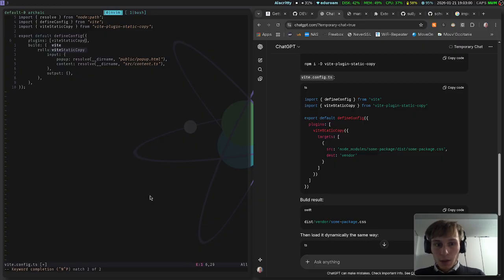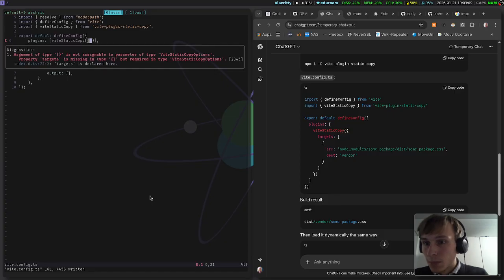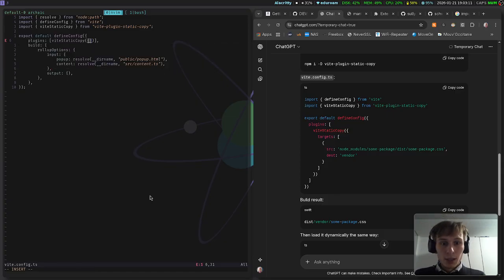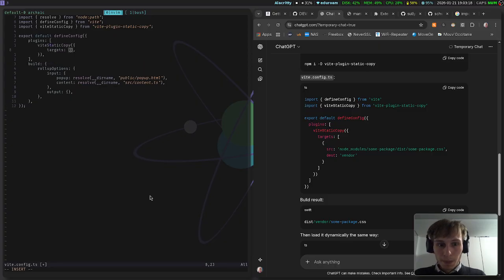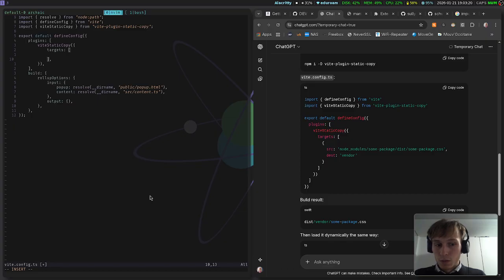Vite static copy. Oh. Targets. Perfect. So